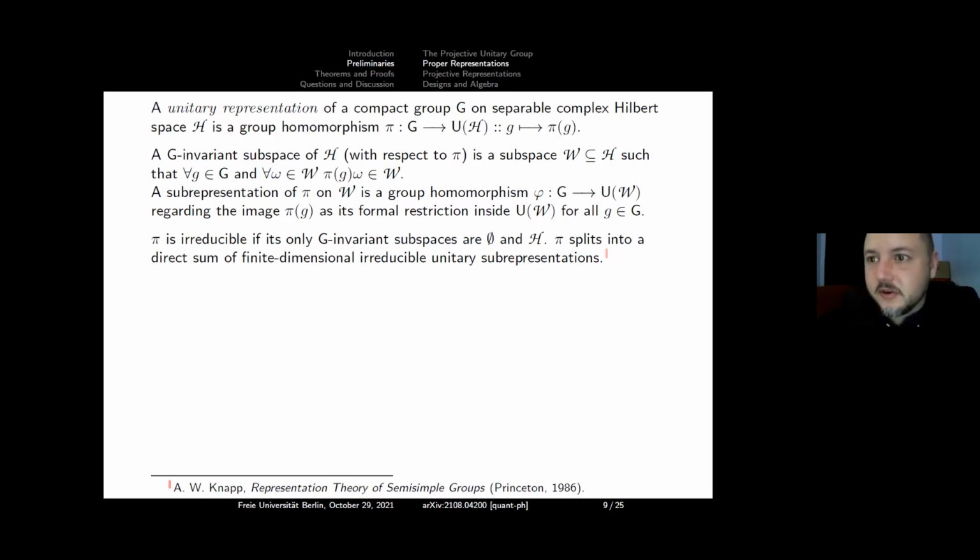So maybe that's the first big theorem in a last year undergrad course or first year grad course on group theory, the Peter-Weyl theorem. And so if I have an arbitrary unitary representation of a compact group G, it splits into a direct sum of finite dimensional irreps, right? That's how it works.